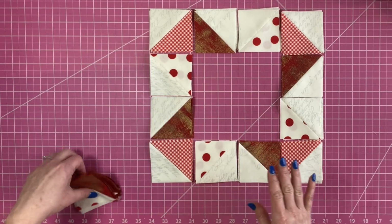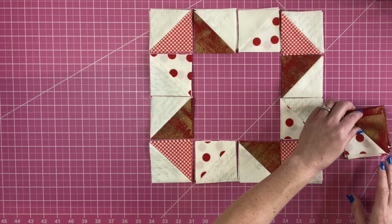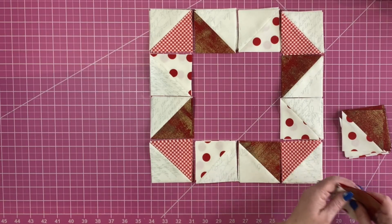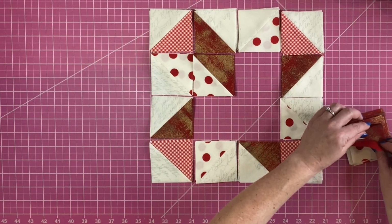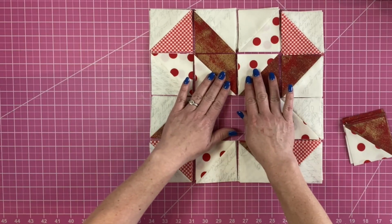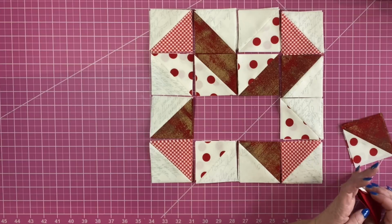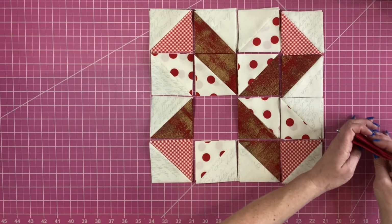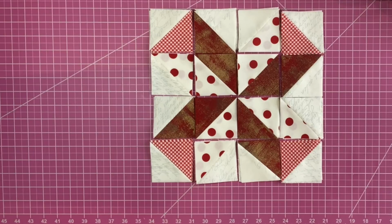Yes, like that. All right, and then we have the grunge and dots that are left. And let's see, G is grunge. Oh, that's helpful. Okay, so 1, 2, 3, 4. And that goes like that. 1, 2, 3, 4. These go like this. 1, 2, 3, 4. And these go this way. And then the last 4, these go that way. Okay, so you can see our X right there in the middle, and